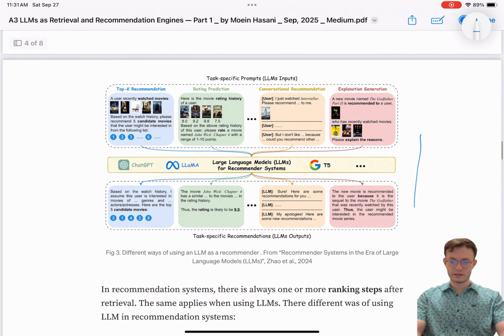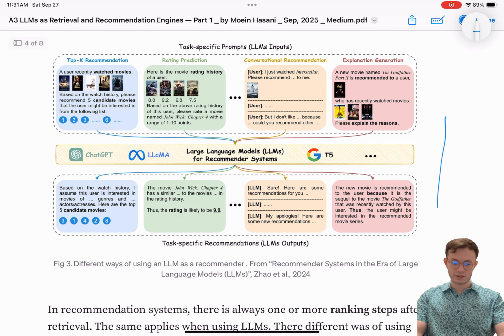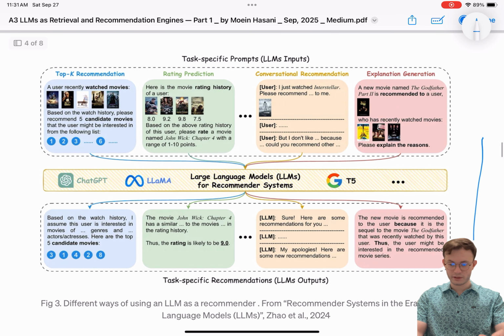Here you can see an example. This is from an interesting paper. I would suggest reading it. It's a good survey of using LLMs for recommendation. And you can see all these different methods of using LLMs for this task of recommendation. And by recommendation, here we are covering retrieval and recommendation. I'm using them in the same context: if we can retrieve related items for a user, we're succeeding at recommendation as well. I'm not considering ranking for the time being. I'm just considering that if we can retrieve the most related items for a user, let's say we have succeeded at recommendation. But in reality, there will be different steps of ranking as well.